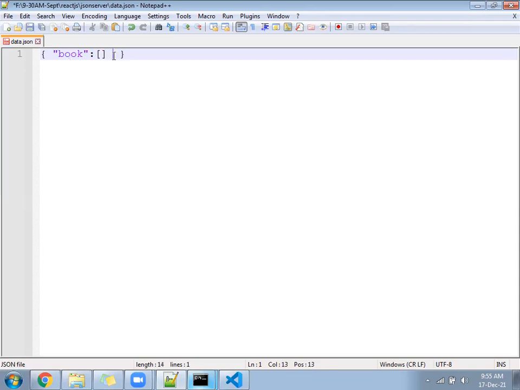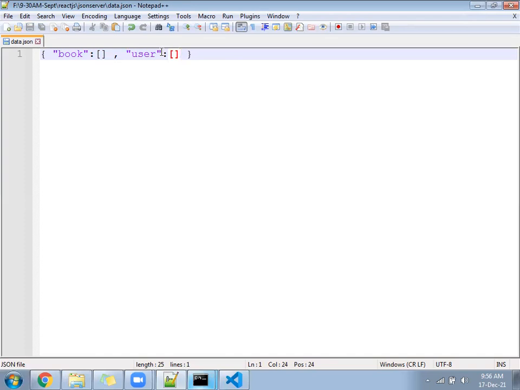Similarly, write user, colon, array. So user becomes another array. So in one file, how many arrays? Two arrays now.